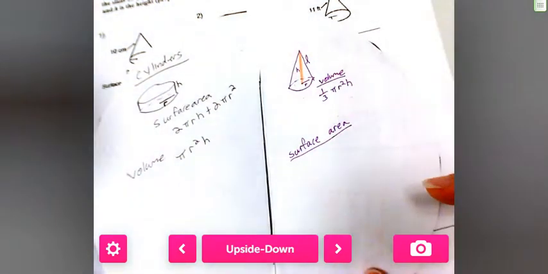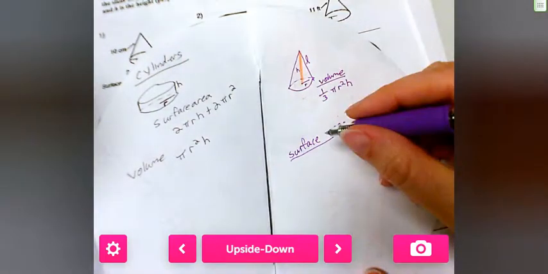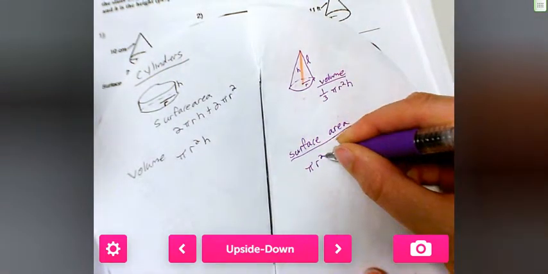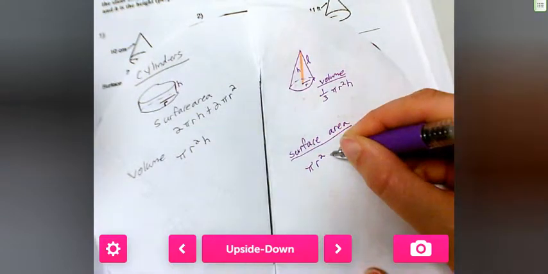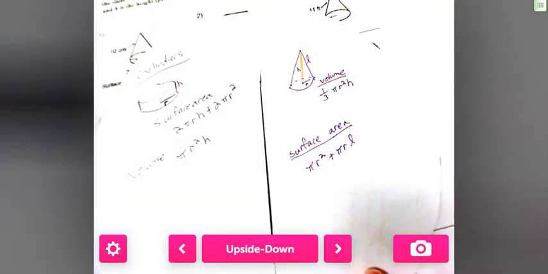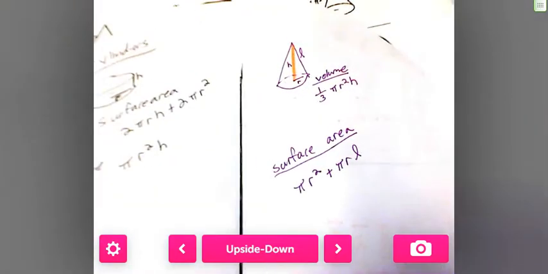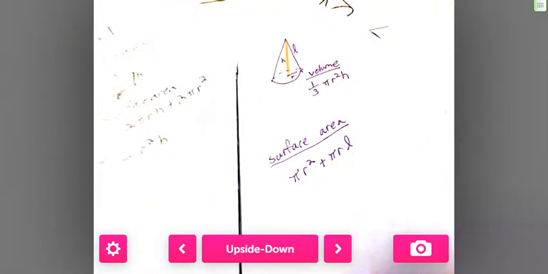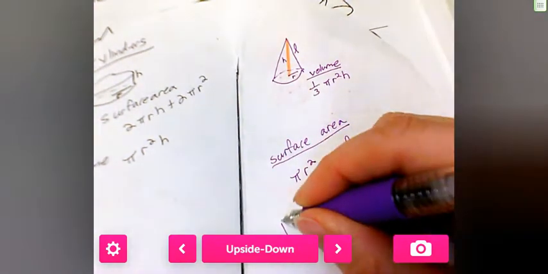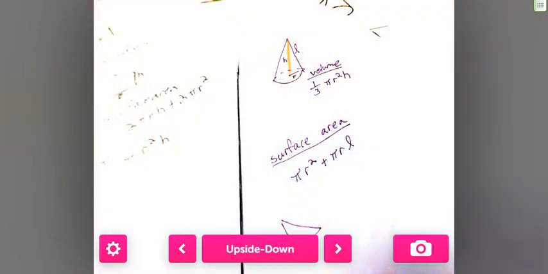So the surface area is pi r squared plus pi r slant height. That little L thing means slant height. So if you do not have the slant height and you need it, if you cut out a section of